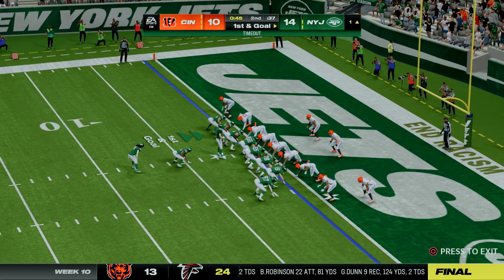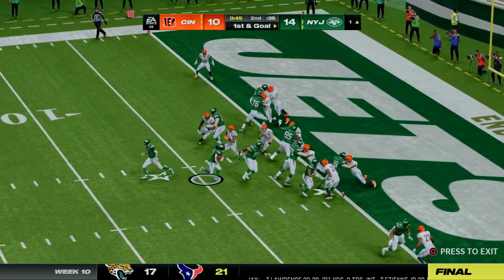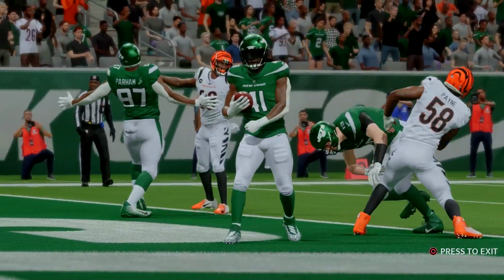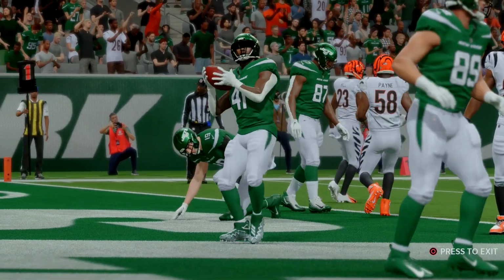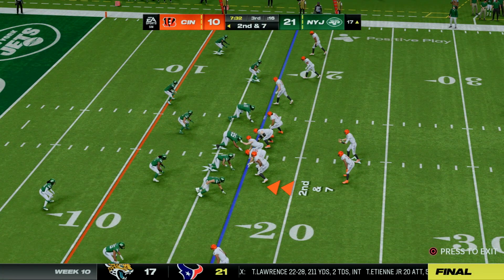We would then burn our first timeout with 46 seconds to go here in the half. From inside the 1, it's a handoff to Kamara, and he will dance his way into the end zone. We go up 21-10. But Joe Burrow and the Cincinnati offense will get the ball to start the second half